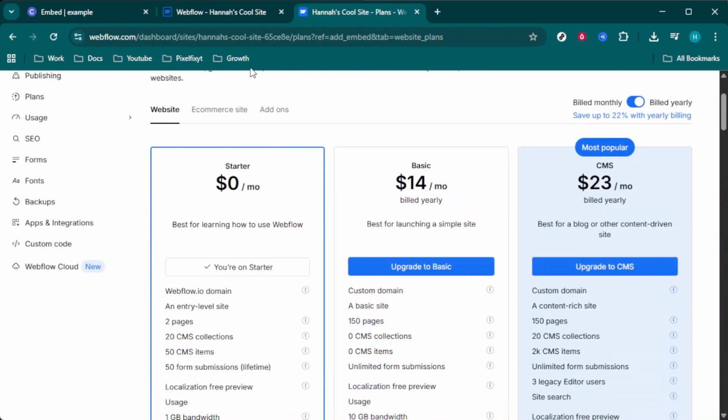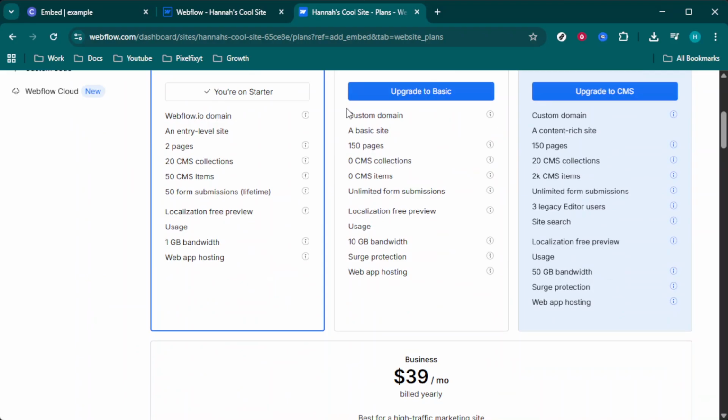Tracking performance is crucial to understand how well your affiliate program is doing. Revisit your settings to access the affiliate